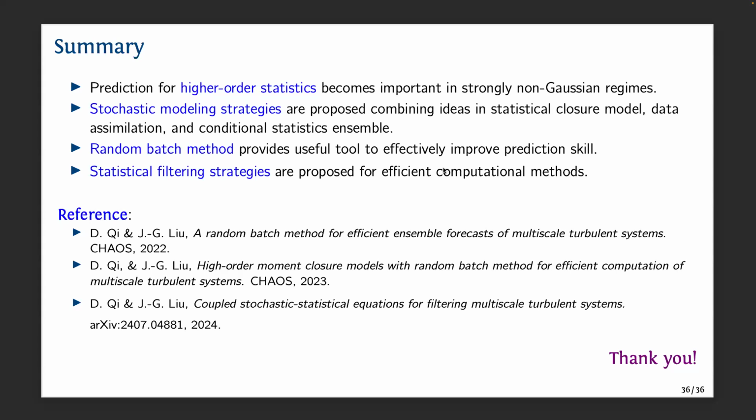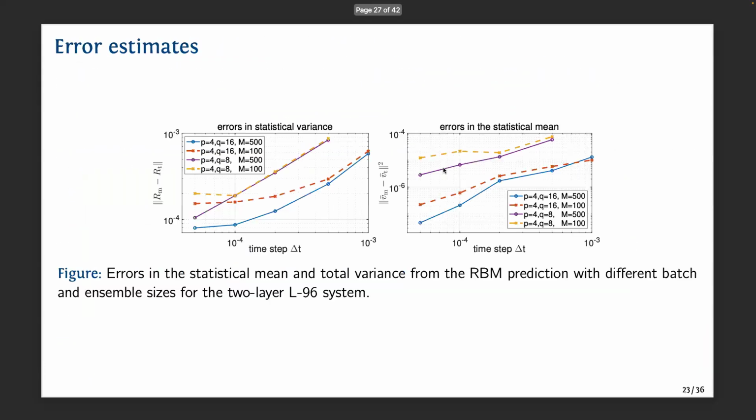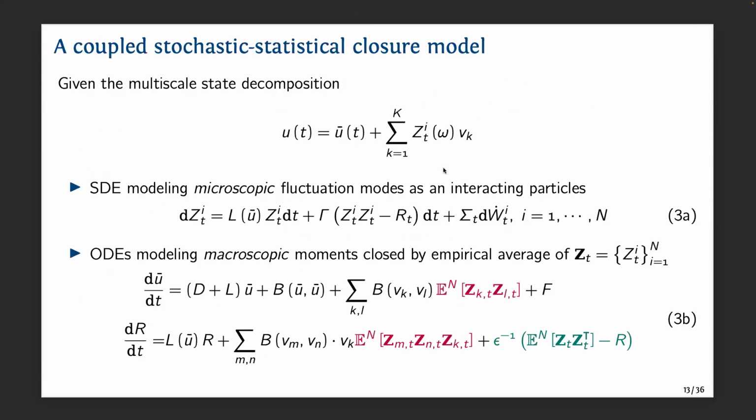Do you mind going back to the moon system, page 13? Okay, there it is. First of all, I want to make sure that the choice of the basis VK is just the Fourier mode, or is any other more convenient choice? In our numerical tests, we always take Fourier modes because we can use FFT. So it's just for simplicity of the first test, and we assume periodic boundary condition. But essentially, you can pick any basis.